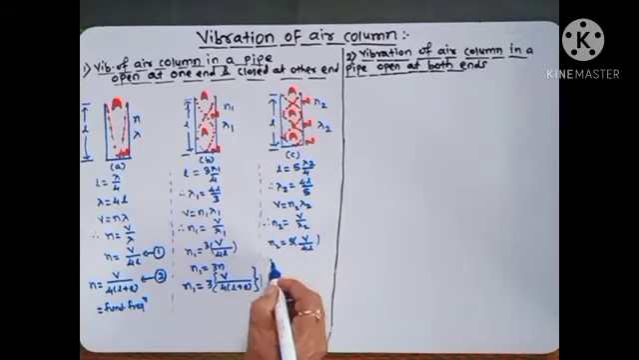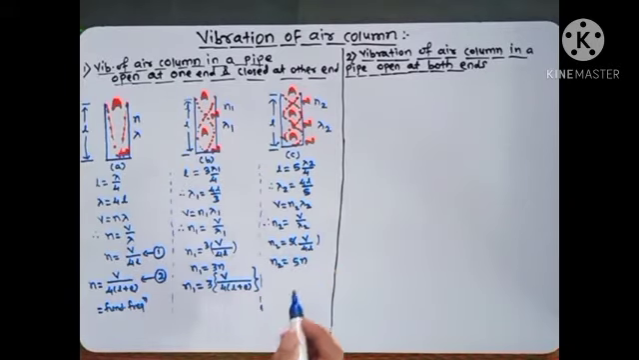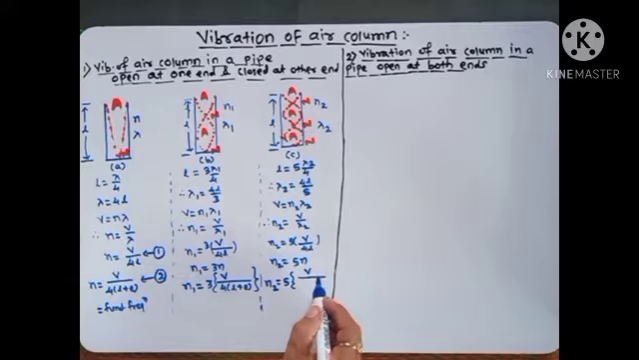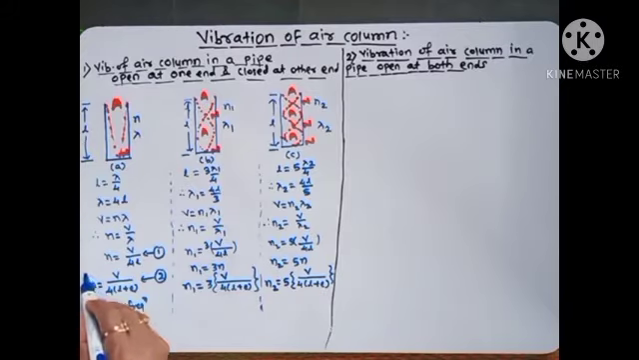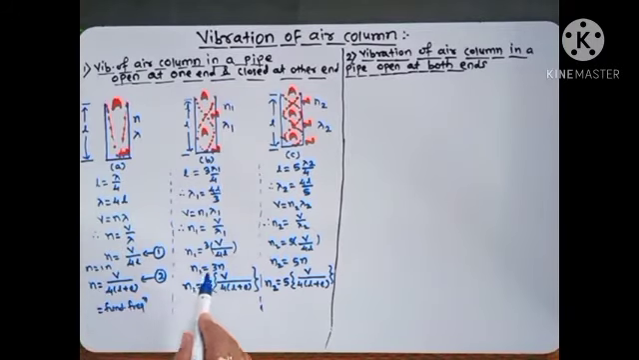or N2 is equal to V as it is, and the value of lambda 2 is 4L by 5, or N2 is equal to 5N. If we use the end correction then N2 is equal to 5 V upon 4 into L plus E. That means here we write N equal to 1N, N1 equal to 3N, N2 equal to 5N. If we compare all these relations, then first harmonic, third harmonic, fifth harmonic,